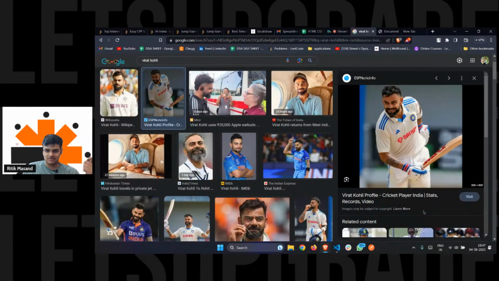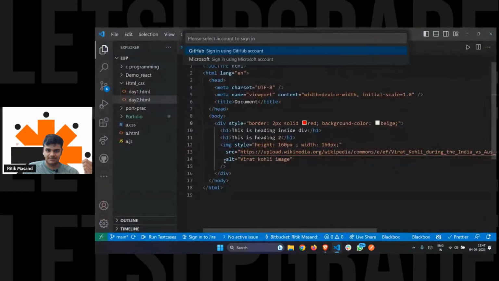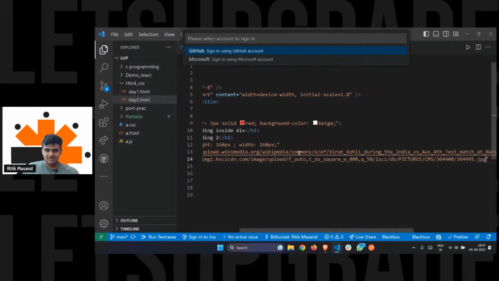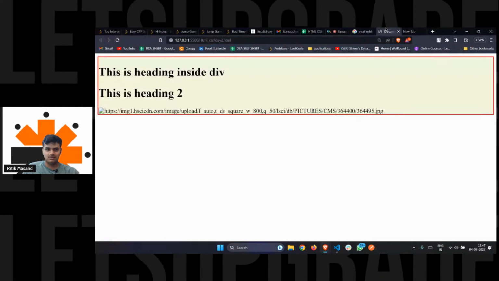copy the image address, and after this let me just paste a link here, and let me just corrupt this link. Let's see what do we get it again. So as I told you, it only expects a text, not, we cannot have an image, right? So